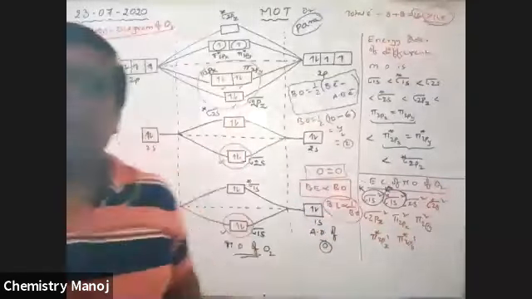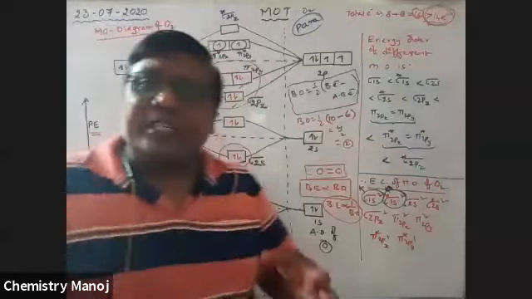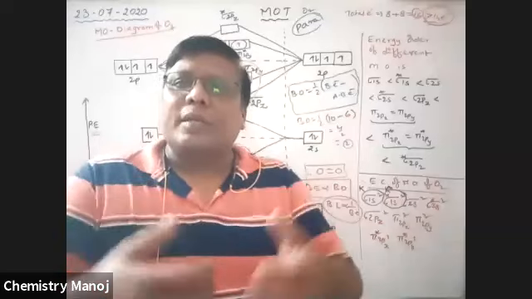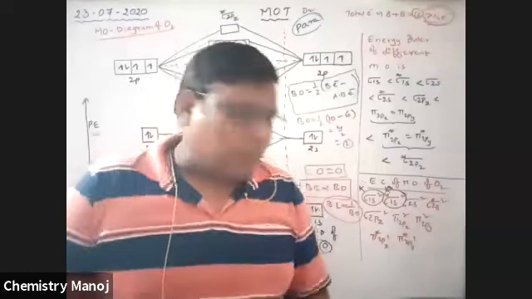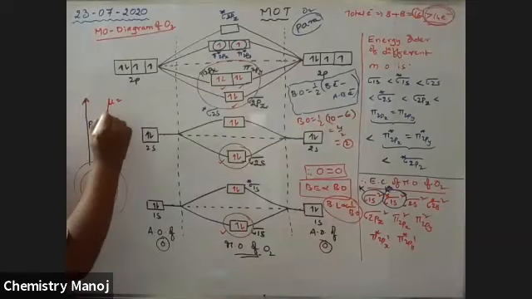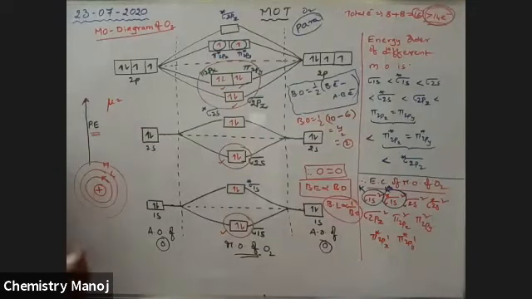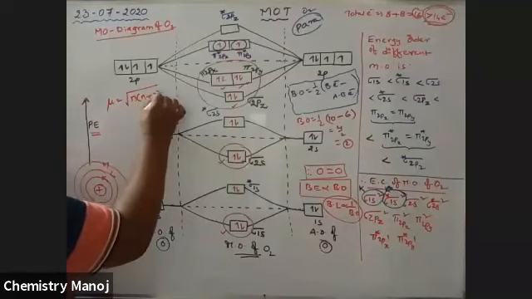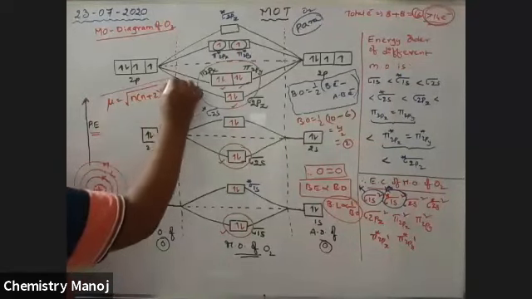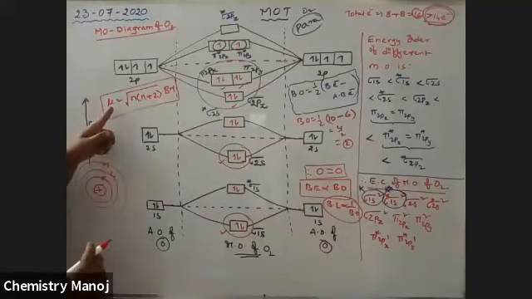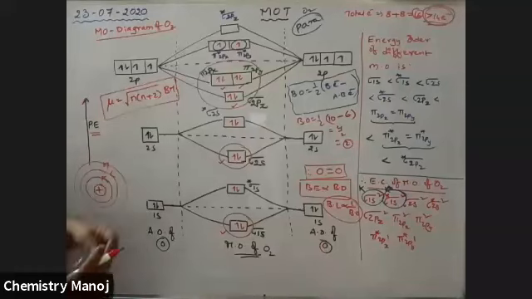So we consider it paramagnetic. Now, how much is the magnetic moment? The quantity of magnetic power. That magnetic moment is calculated by using a formula. Magnetic moment mu, the symbol for magnetic moment, is equal to under root n into n plus 2 Bohr magnetons. It is the formula used to calculate magnetic moment.